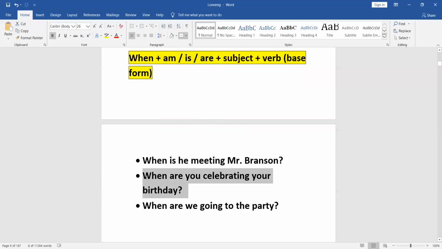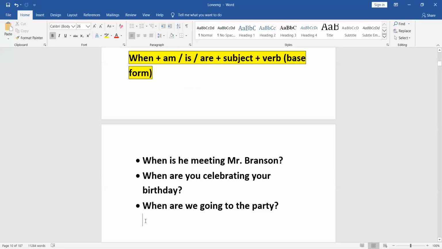When are you celebrating your birthday? Maybe your birthday is today and you don't have money. So you're planning to celebrate your birthday at the end of the month. Once you get your salary, you could probably celebrate it. So even though it's your birthday today, you're not going to celebrate it because of financial constraint, and hence, you're going to postpone it. So when exactly, what date, what is the time? That's what they're wanting to know here.